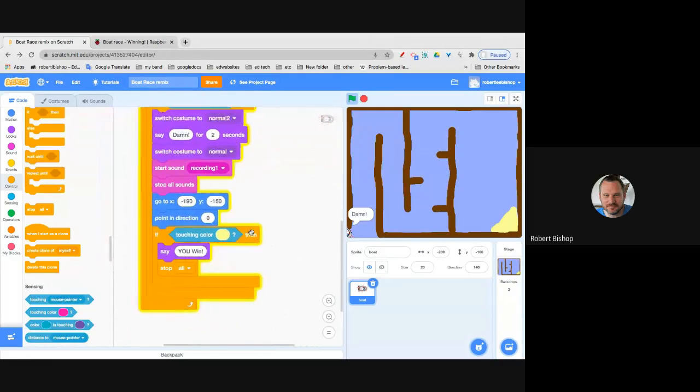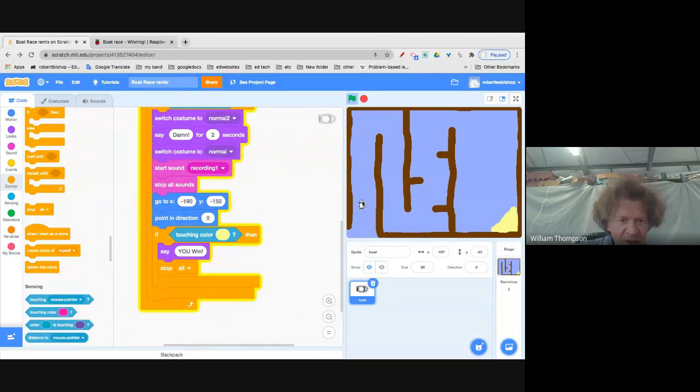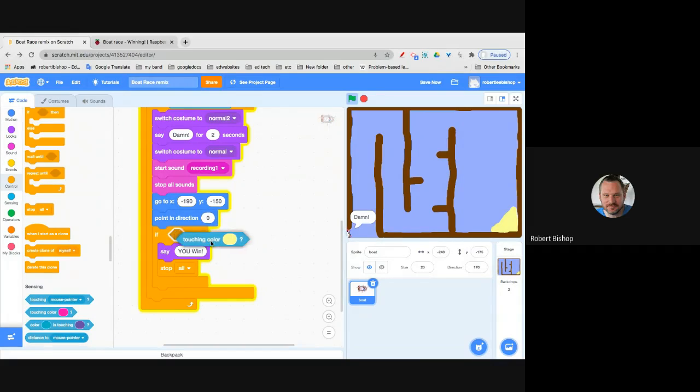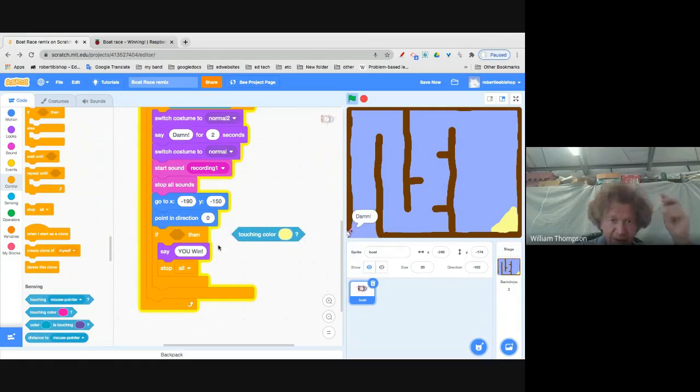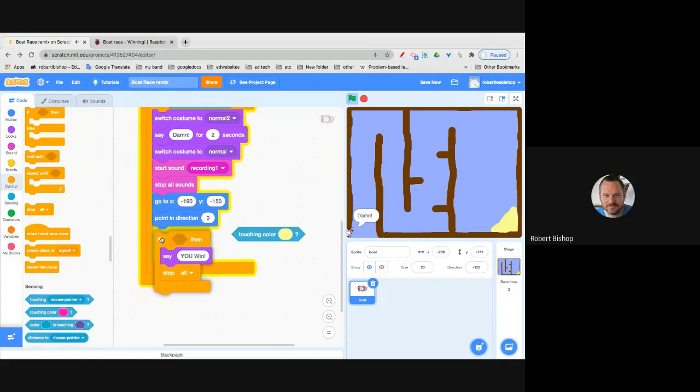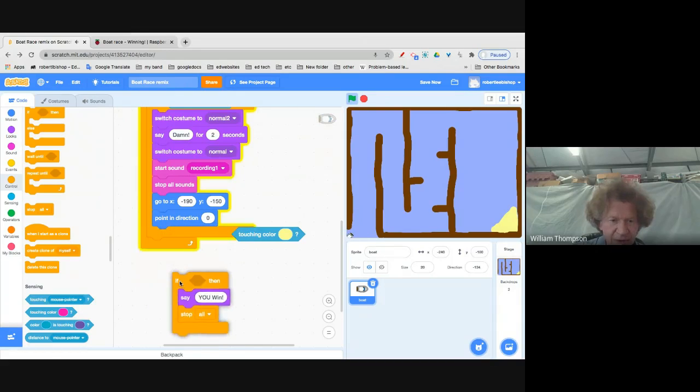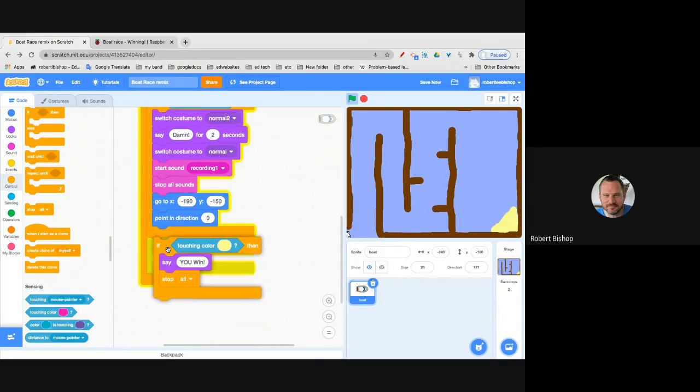Something was wrong here. Okay, it's what I thought. Your if touching yellow statement, that's nested inside of a separate loop. Oh, so it has to go down here. Okay. Yeah, but grab it by the if, not by the touching color. By this one? Yeah. Pull that down, and then you still want it in the forever loop, but you want it on top of that bottom notch, I think. Ah, okay.